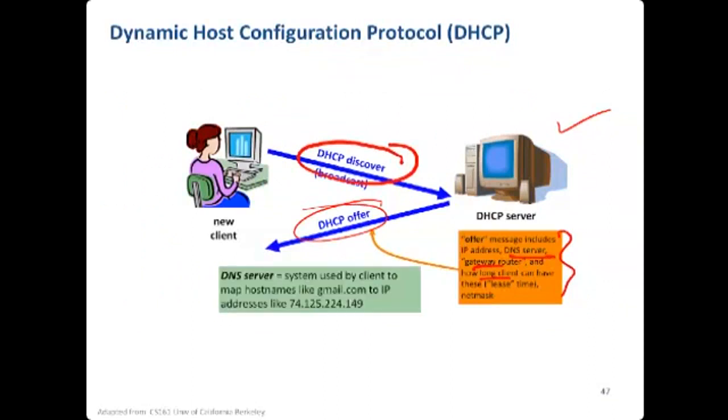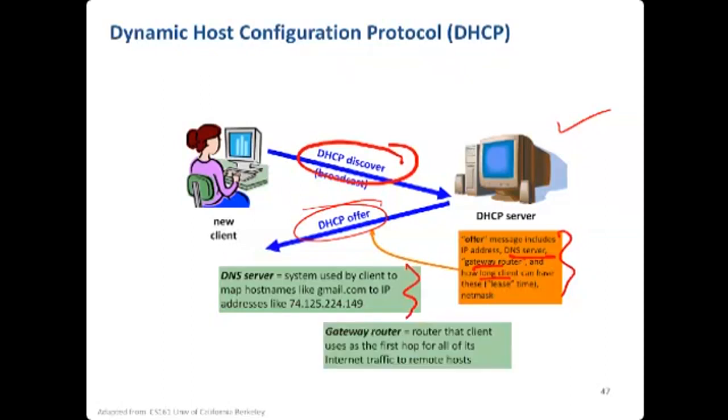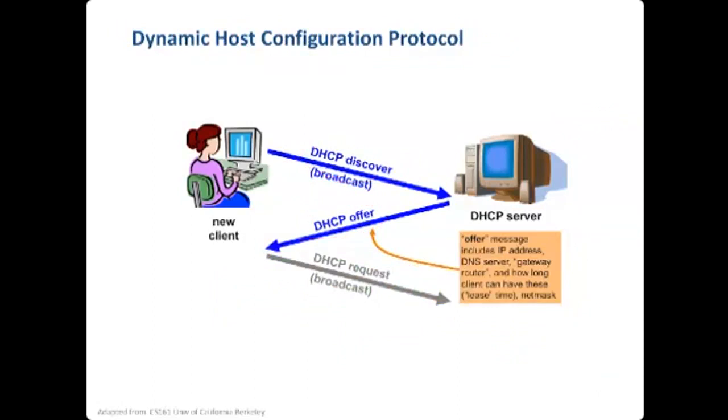Okay, so all this information comes to the client, and she selects this. Okay, fine, this is good for me, right? So I have got information of the domain name server's IP address, I got the address of the gateway router, and so on, and the IP address, of course. And she says, okay, fine, I'm good with it. Please allocate this to me. Now note that the DHCP server has offered, not assigned. So now Alice can send a request, okay, please assign this to me.